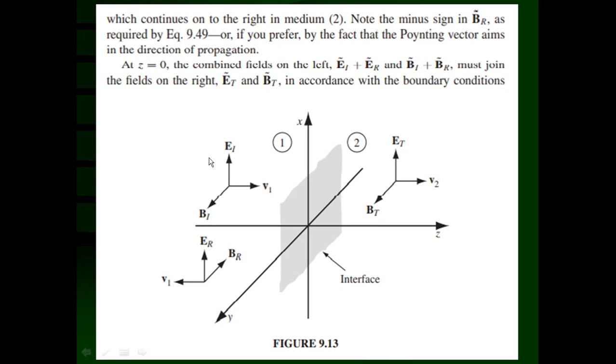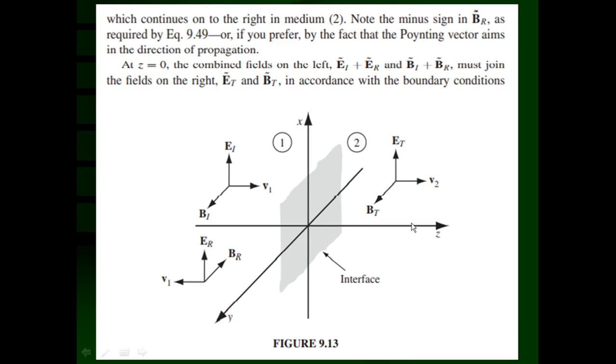You can see that on the left hand side of this xy plane, this shows the surface which is intersecting, or bifurcating, medium 1 and medium 2. When the wave is incident at z equal to 0, we can consider the electromagnetic wave with the electric field vector in the x direction and the magnetic field vector in the y direction, propagating in the positive z direction.